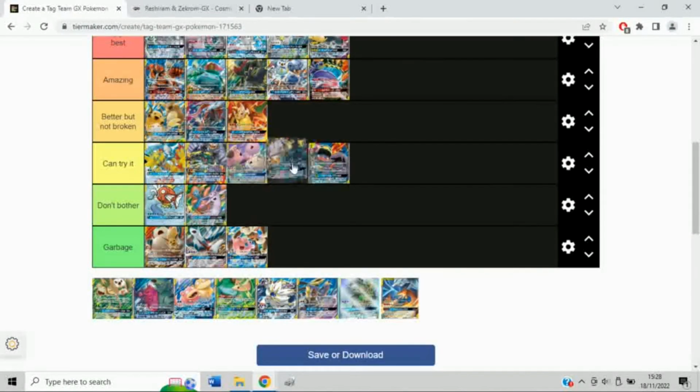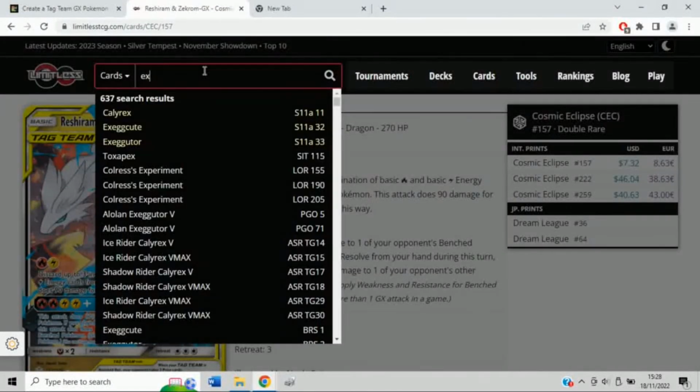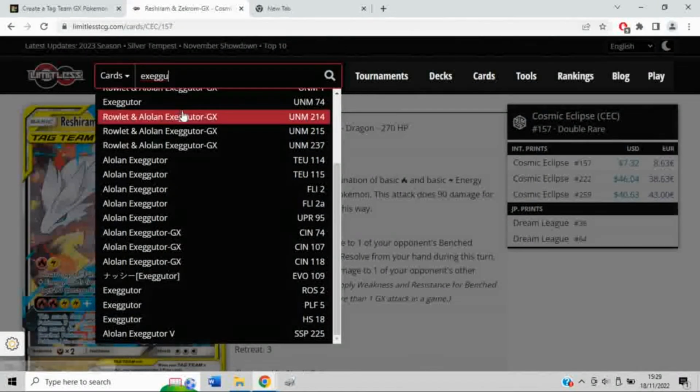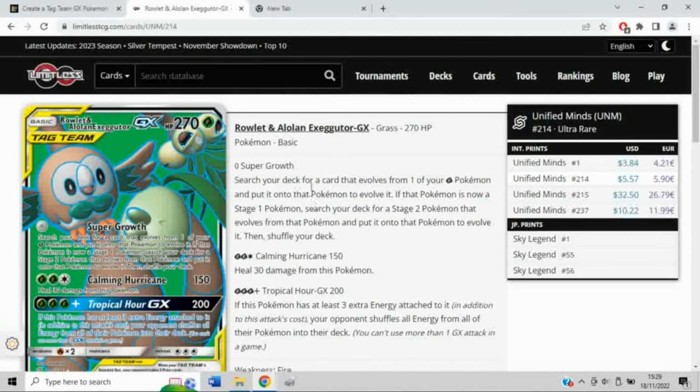You can try it, but then we have Eggrow. So the infamous expanded card. See if I can remember how to spell Executor. Actually, I could scroll down, maybe. Executor. There we go. So this dude, 270 HP, super growth, is not going to do anything at all in this format, which is